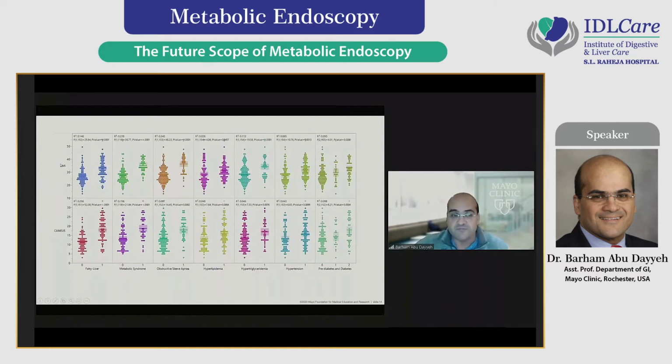This is versus BMI. The measurement of this metabolic triangle outperformed BMI in all these measures of fatty liver, metabolic syndrome, obstructive sleep apnea, hyperlipidemia, hypertriglyceridemia, hypertension, diabetes, and prediabetes, indicating it's a robust prognostic factor for metabolic disease, and especially important in cohorts where there's lipid dystrophy associated with early onset of metabolic disease, such as in Asian cohorts that we know.